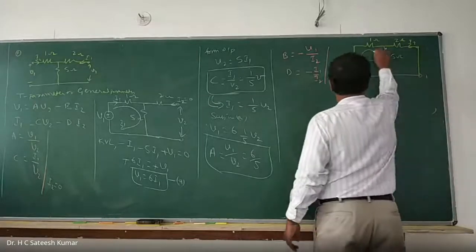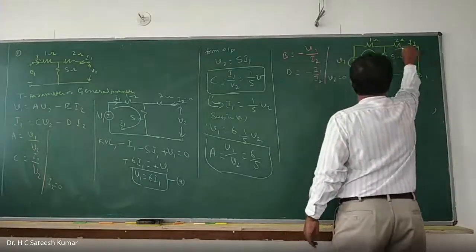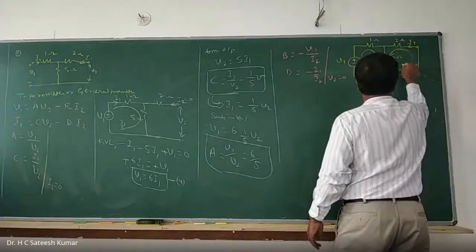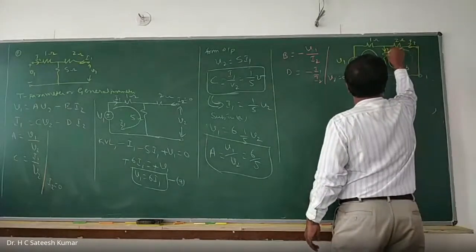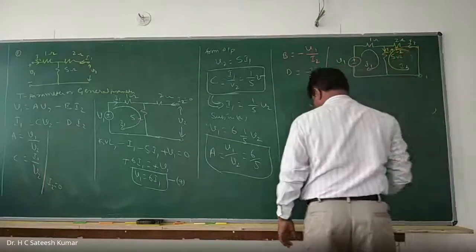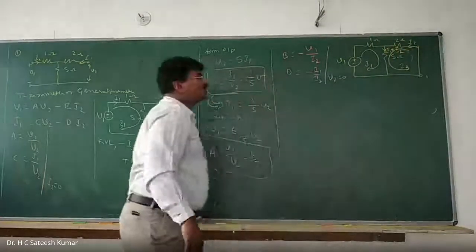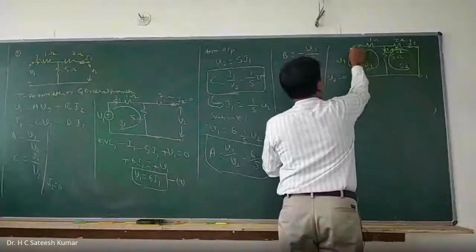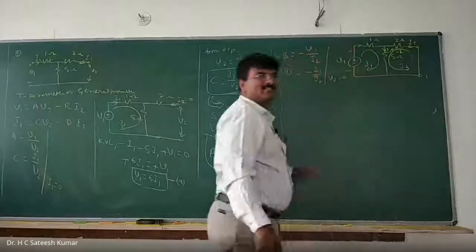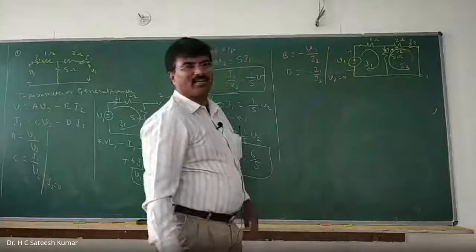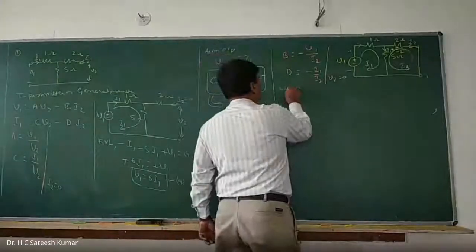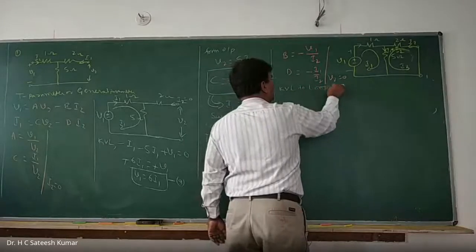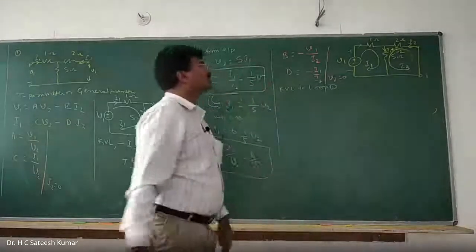Okay, blindly apply KVL. I1, don't change its direction, take that only. This is equal to I1 plus I2. You cannot change the direction of I1 and I2, it is standard. And the polarity also, this is plus, this is minus, you cannot change it. Blindly apply KVL to loop 1 and loop 2. You may not get anything at first, but later you can substitute.